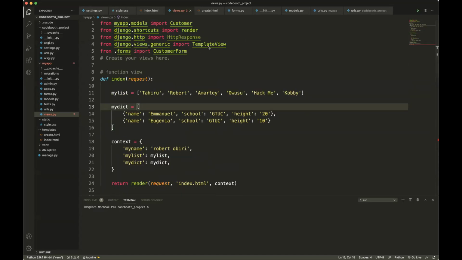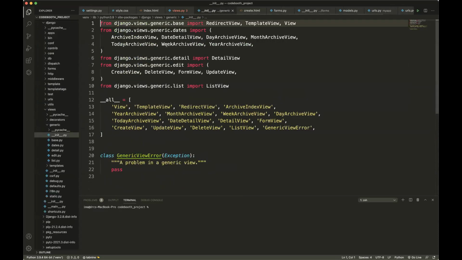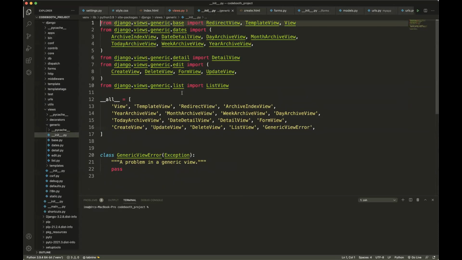We got the TemplateView from django.views.generic, right? I'm sure the last time I showed you guys what we can get from this file. So from this file, we have View itself, we have TemplateView, RedirectView, and other views. We have a lot: DetailView, FormView, DeleteView, CreateView, UpdateView, ListView, right? So we are going to use the same